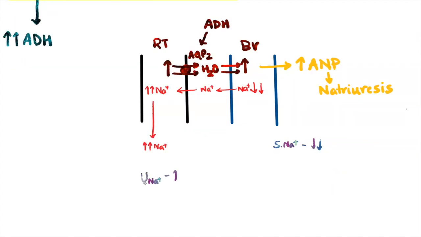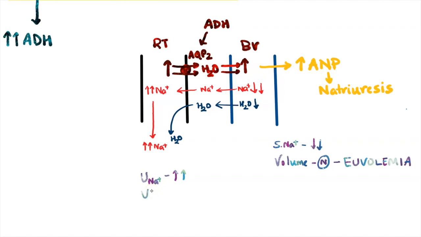Now whenever sodium is lost in urine, some amount of water also goes with it. This water in turn comes from blood. So whatever excess water that was reabsorbed by ADH will be lost in urine. As a result of this, blood volume remains normal and the patient remains euvolemic.